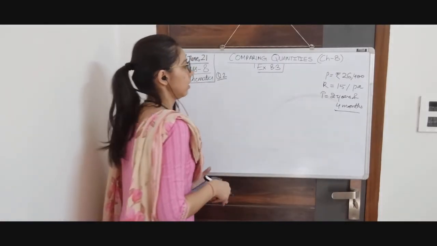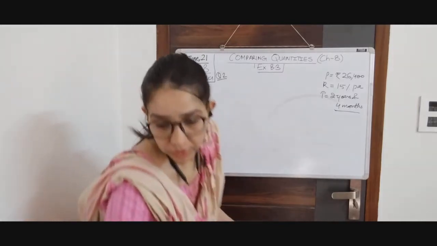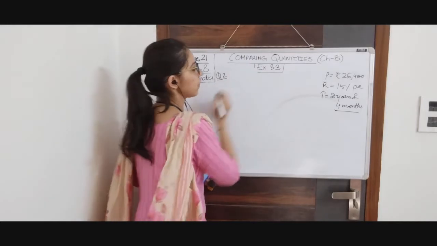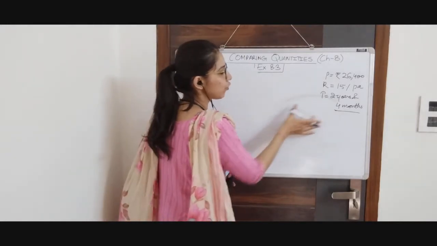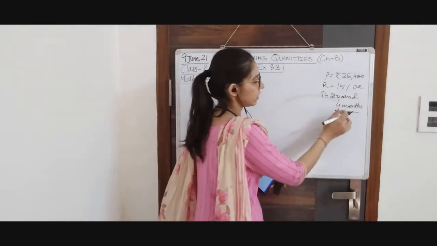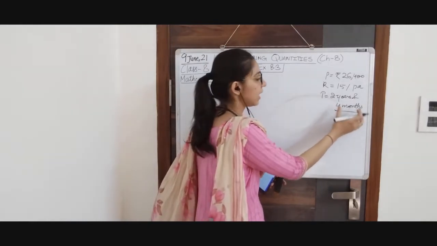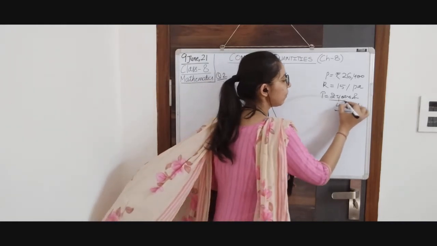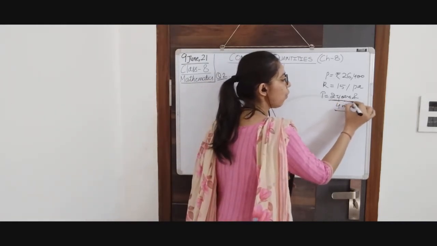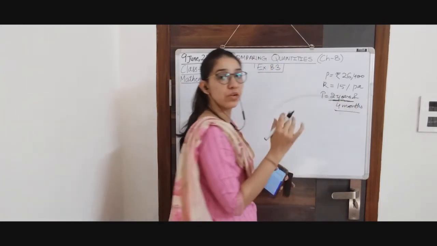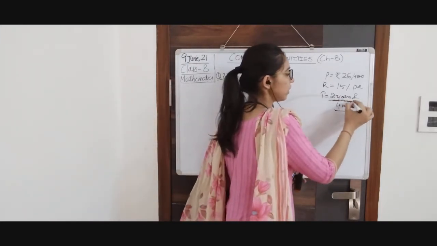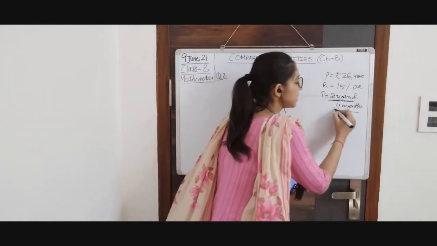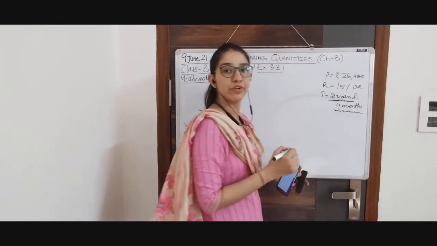We have to calculate the amount. In these types of questions, if we have full years and then a few months, we will calculate compound interest for the whole years, and after calculating compound interest for these whole years, the amount we will get will be the principal for the next 4 months, or whatever you are provided with.